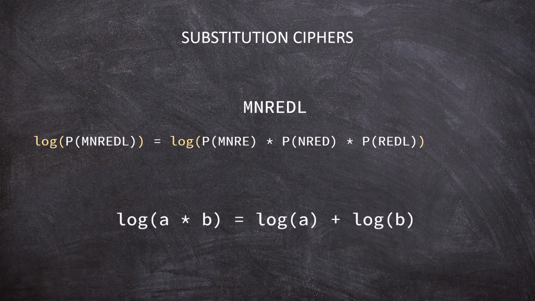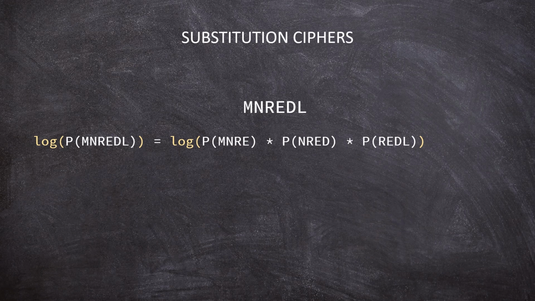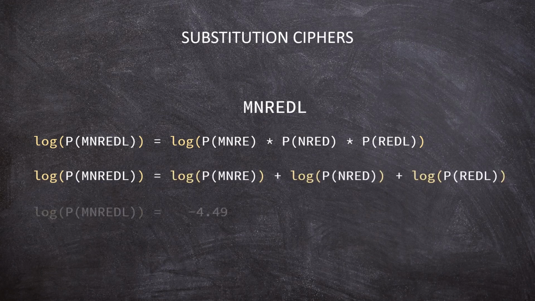And just to remind everyone, one of the rules from the laws of logarithms states that if you multiply values inside a log function, you get the same result as you would if you were to add the log values for each item individually. And this is what we do here. We add together the log values for the probability of each quadgram,